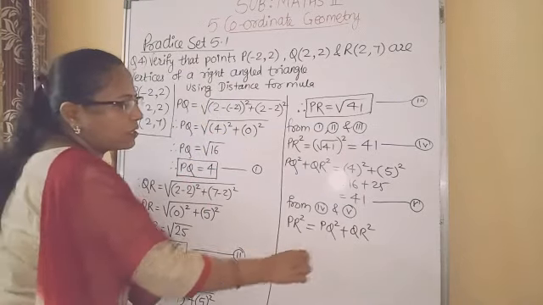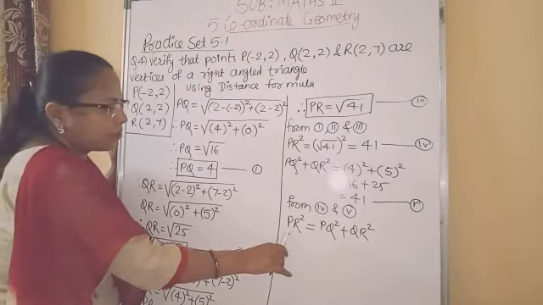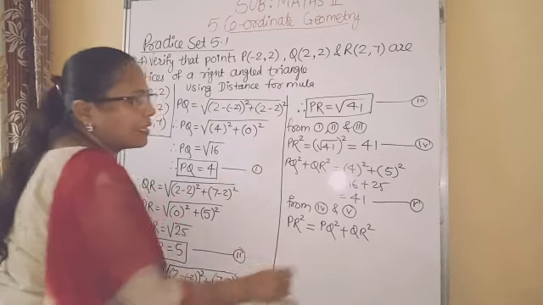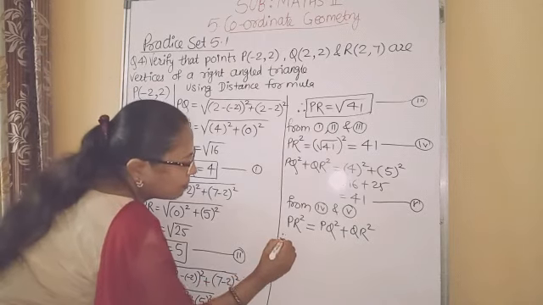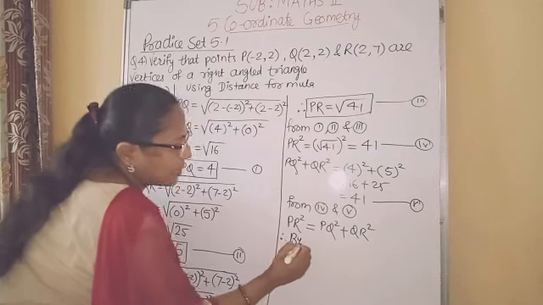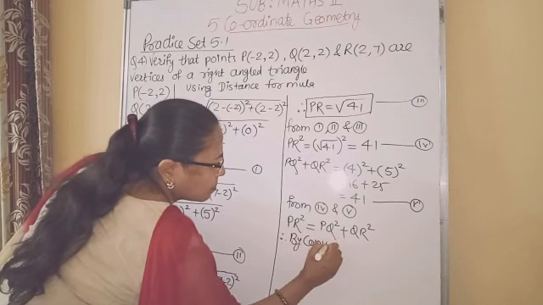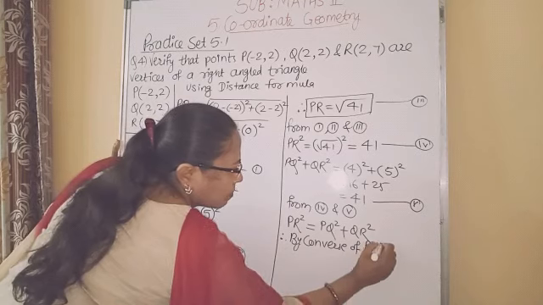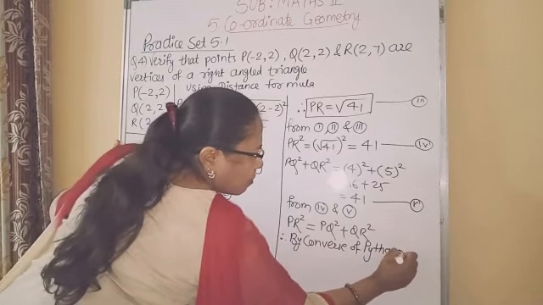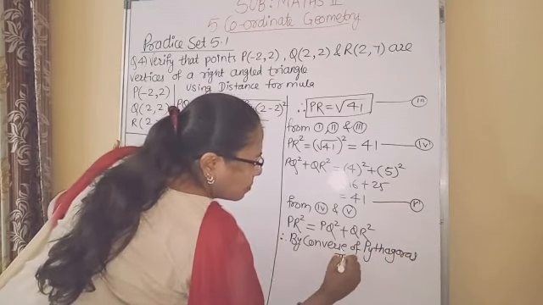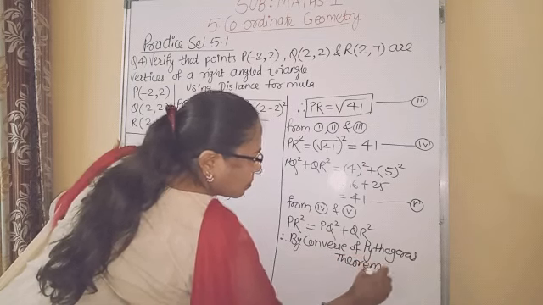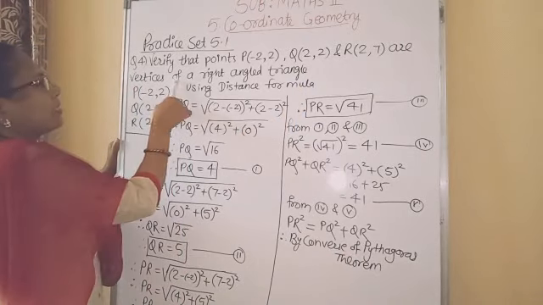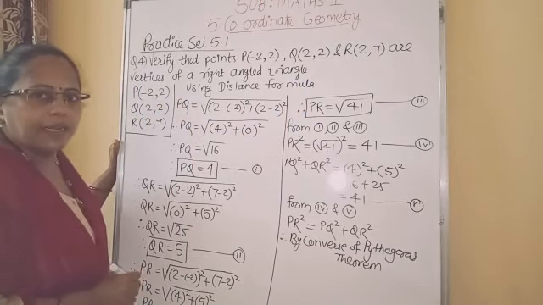Okay, so here Pythagoras theorem is followed. Square of the bigger side is equal to the sum of squares of the remaining two sides. Therefore, by converse of Pythagoras theorem,